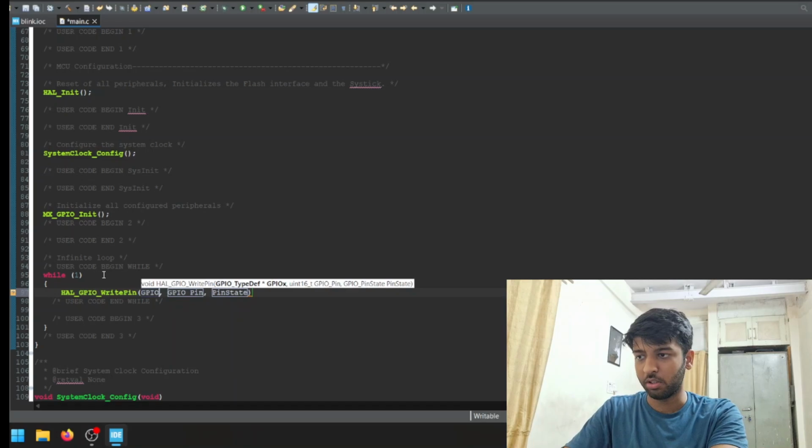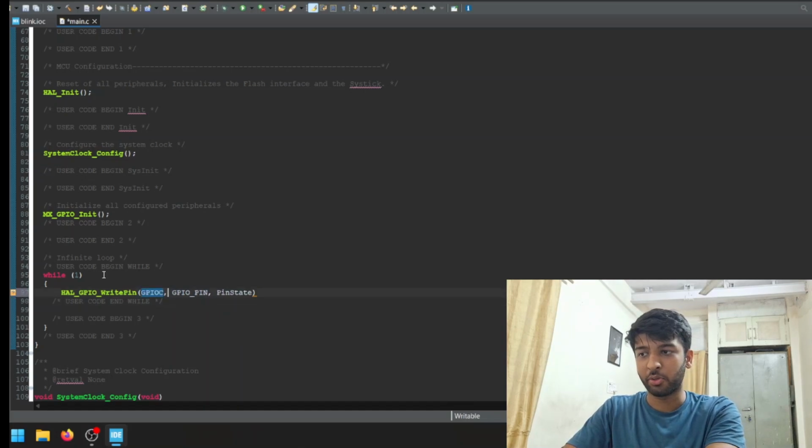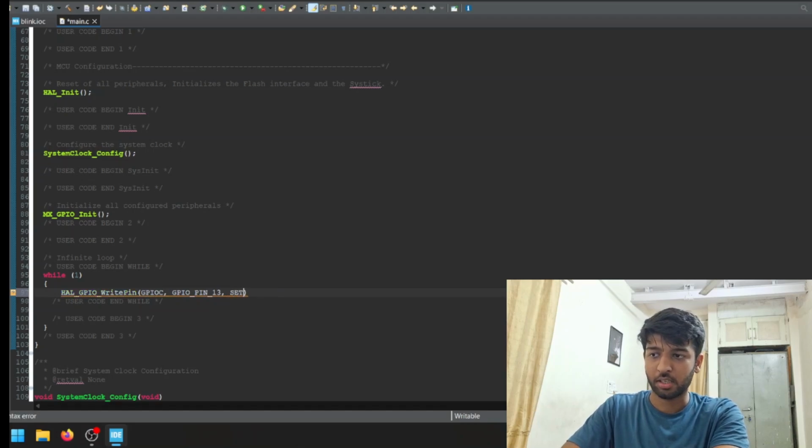So the port of the pin is C, GPIOC, and the pin number was 13. So we are going to use GPIO pin 13, and the pin state is going to be set,